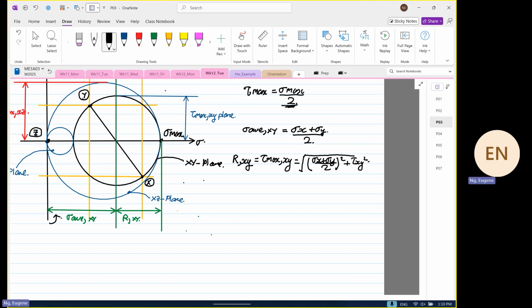So what are we doing down here? Okay, is to find the what? This is our RXY. Okay. So from here, immediately we can compute our stress max. So our stress max,